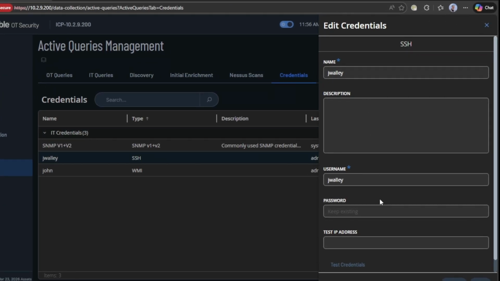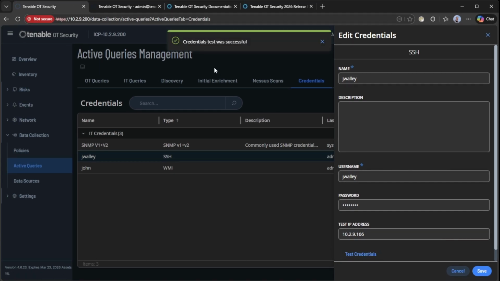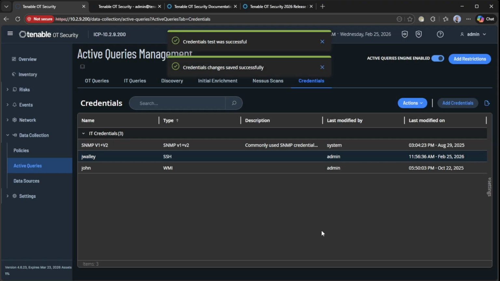I have a username, a description. I have my username here. I'm going to put in my password, and I'm going to test an IP and just make sure that my credentials are working. We'll see that our credentials worked. So I'm going to hit save here just to make sure that I have that available for when we start